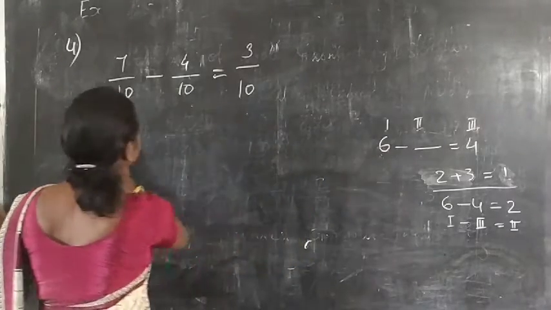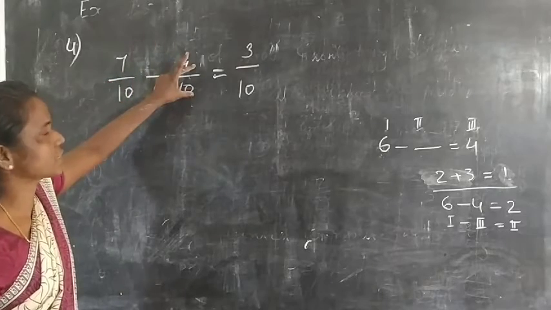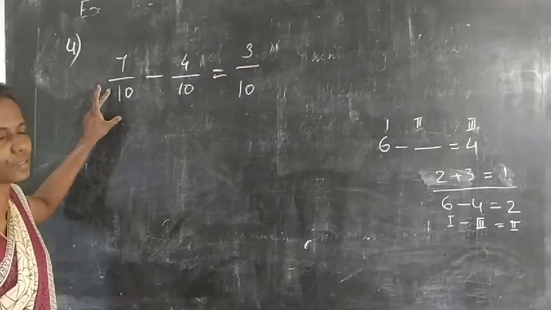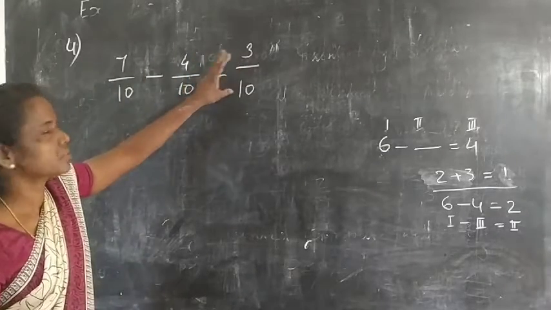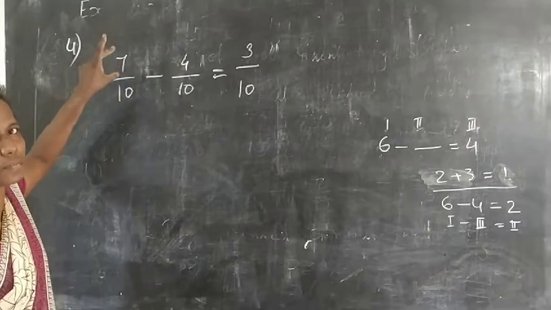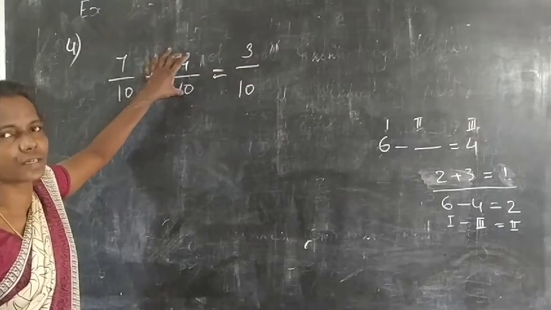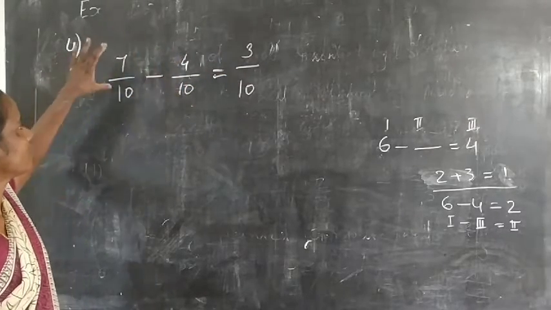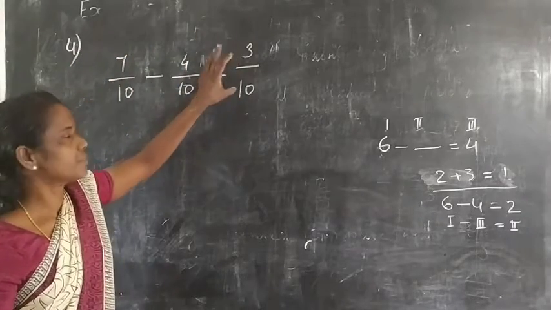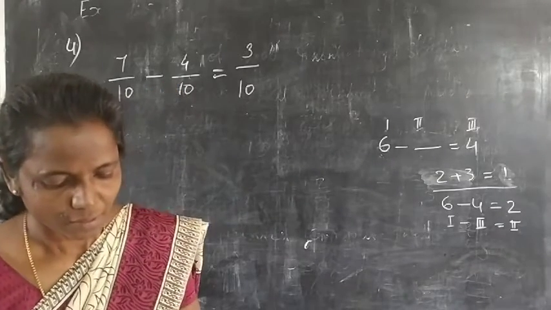Then the first number is not given: we add the first, second and third number, we get the first number. If the third number is not given, we subtract it, we get this first number. The second number subtracted from the first number gives the third number. If the second number is not given, then the first number minus the third number gives the second number. Is it clear?